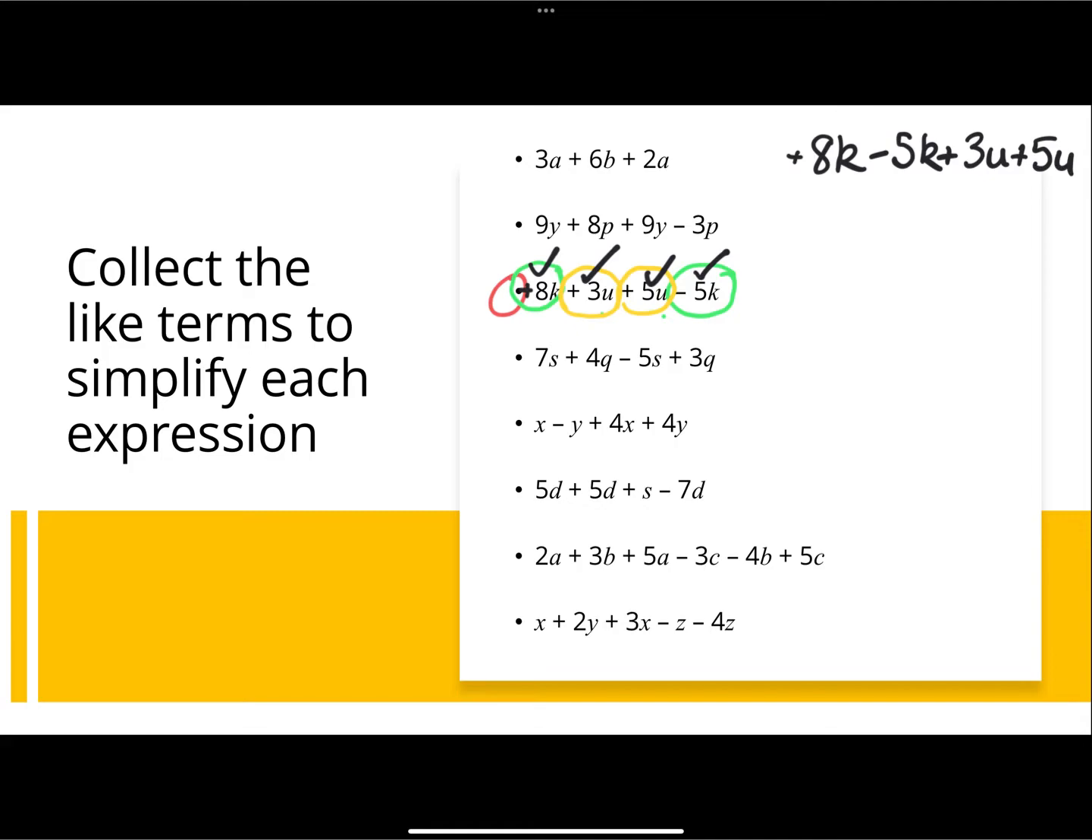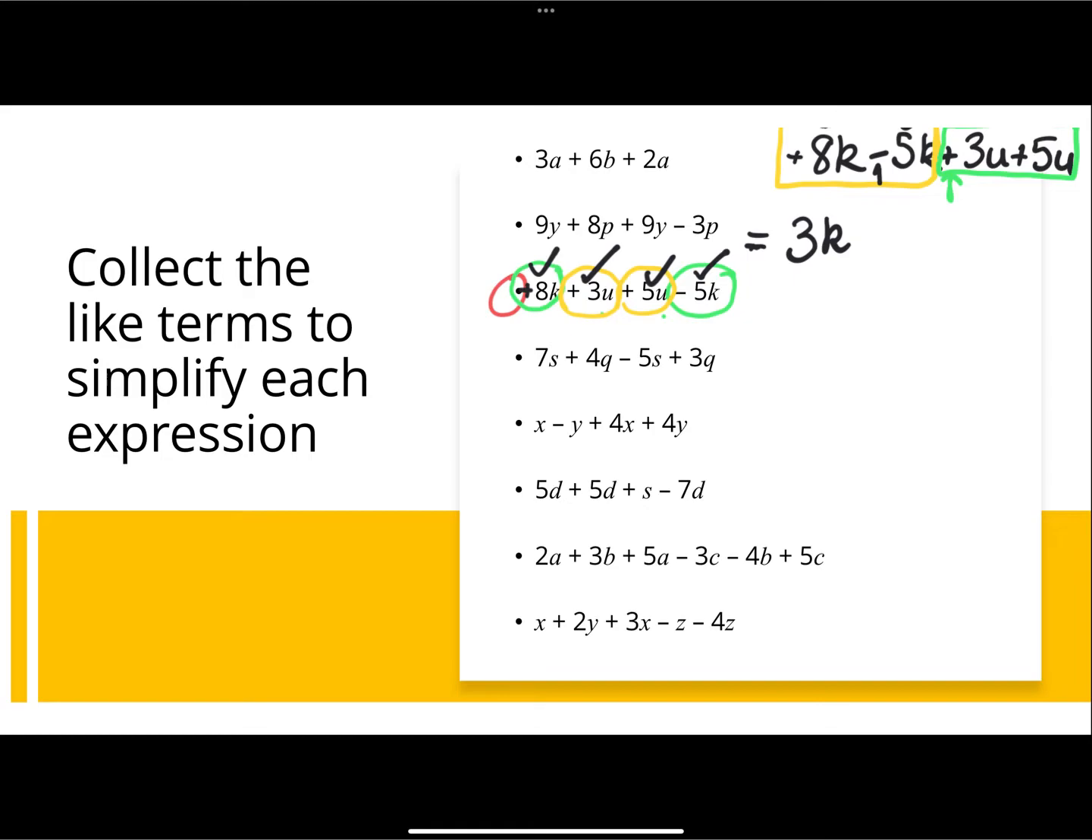So now I'm going to calculate this one, and then I'm going to calculate this one here, and notice I kept that little plus sign as part of my calculations. Putting my equal sign in here, let's do our k's first. So if I start at 8 and I take away 5, I get 3, and I keep my variable there